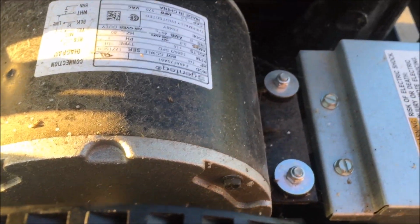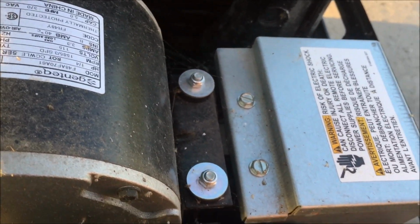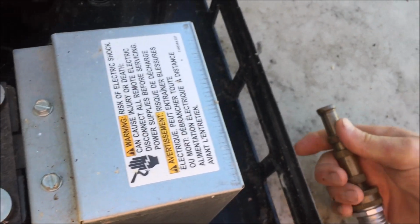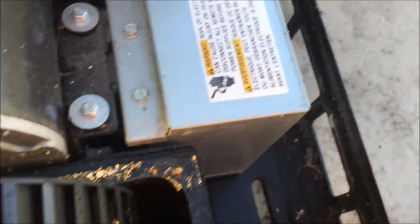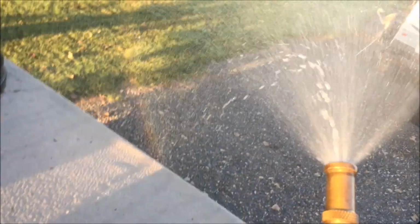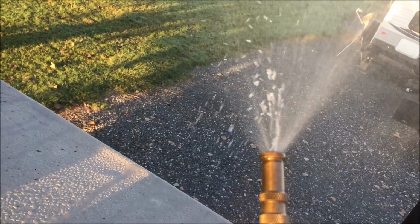So we're going to use very low pressure on these coils, just because I don't want to get anything wet down in there. And when I say low, like when I'm doing the inside coil, it's like that, you know, and I'm not really doing a whole lot of washing. I just want to get this stuff rinsed off. If you keep your filters clean, you won't have a lot of problems with this inside coil. There's going to be an occasional spider get in here